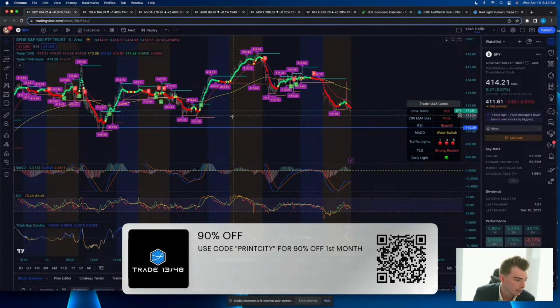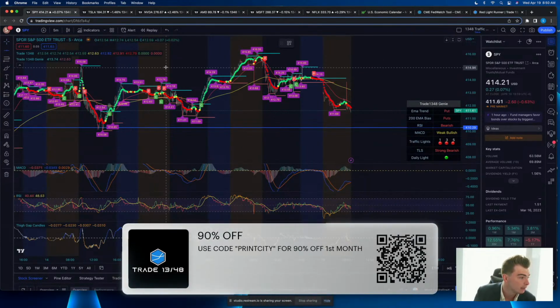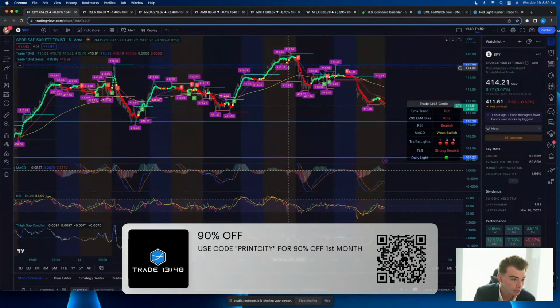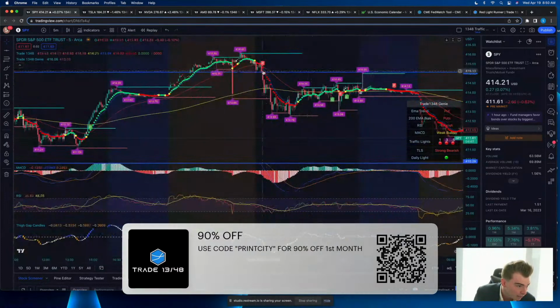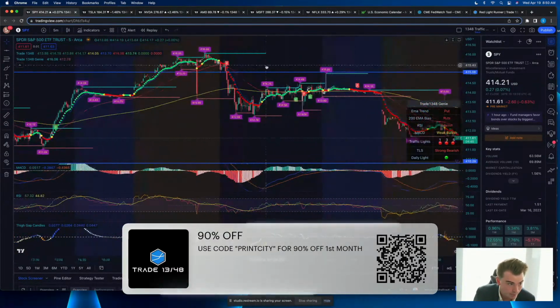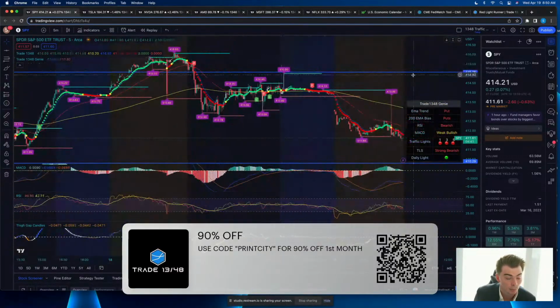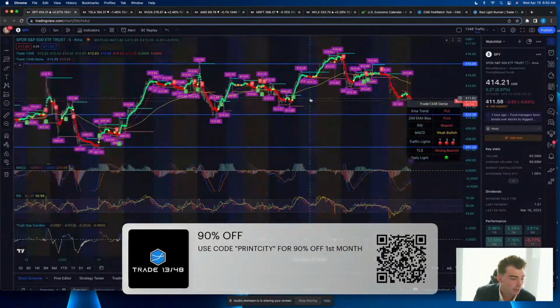There's a lot of them here. You could have this level here, this 411. You could have some of this 415 up ahead over here, which I actually really like. Draw that one in here because you can see you flashed above it, you sold off, you came up, flashed it in the after hours again. You've only really been above this in pre-market trading, and you can also see price bounce right off of this right as it starts to come down. So that's going to tell us that we are looking at a decently key level here. It bounced actually twice. So that's kind of the only level there that I really like on the 5-minute.